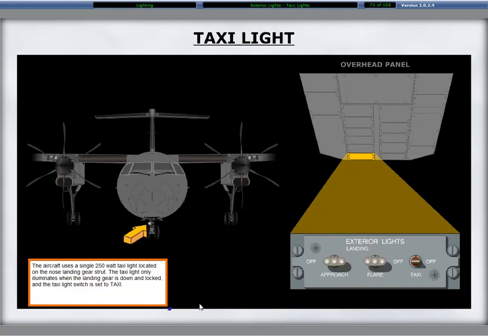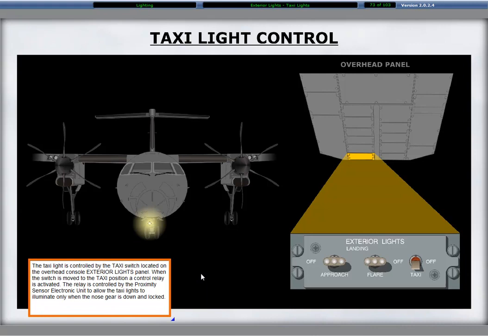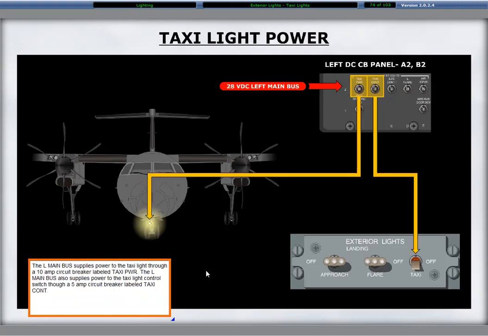The aircraft uses a single 250-watt taxi light located on the nose landing gear strut. The taxi light only illuminates when the landing gear is down and locked, and the taxi light switch is set to taxi. The taxi light is controlled by the taxi switch located on the overhead console exterior lights panel. When the switch is moved to the taxi position, a control relay is activated. The relay is controlled by the proximity sensor electronic unit to allow the taxi lights to illuminate only when the nose gear is down and locked. The left main bus supplies power to the taxi light through a 10 amp circuit breaker labeled taxi power. The left main bus also supplies power to the taxi light control switch through a 5 amp circuit breaker labeled